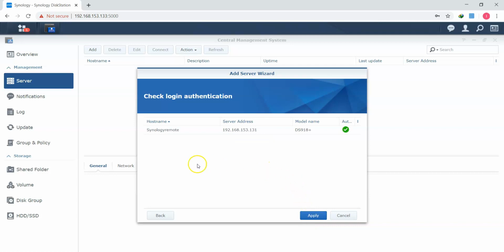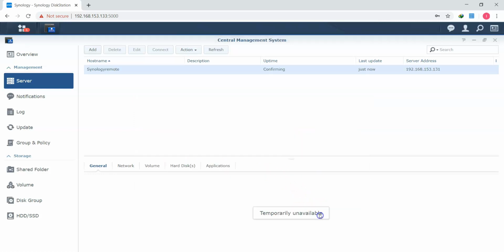So I will add the Synology box. The authentication is perfect. Click apply.